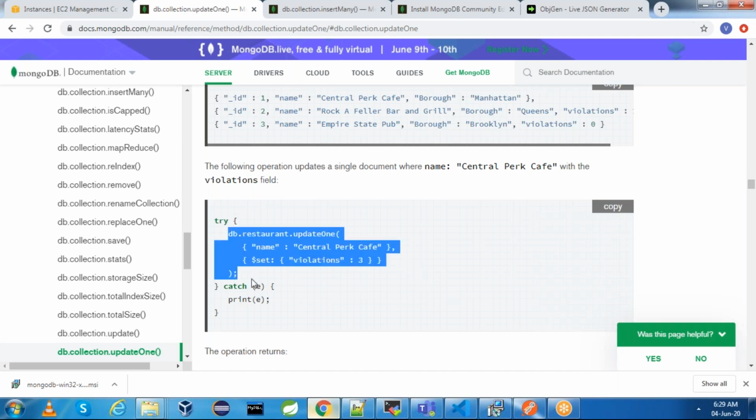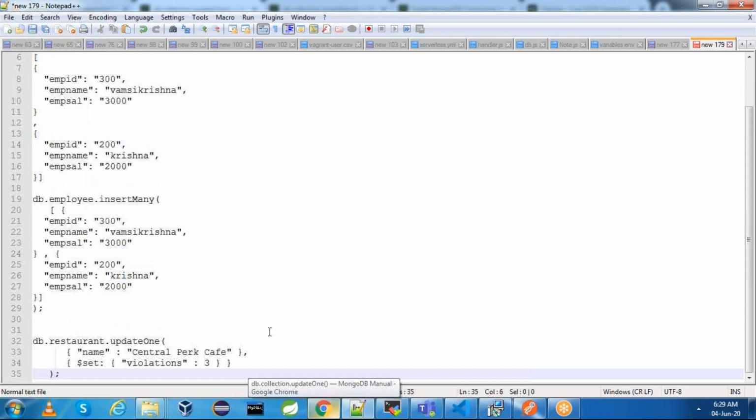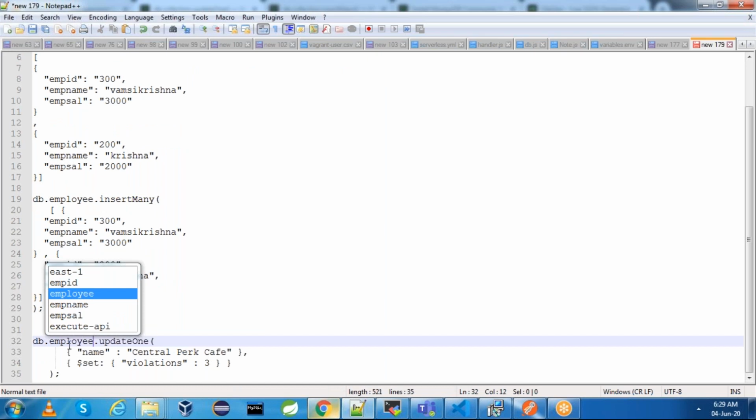For this example, I'll try to change it according to our employee collection.